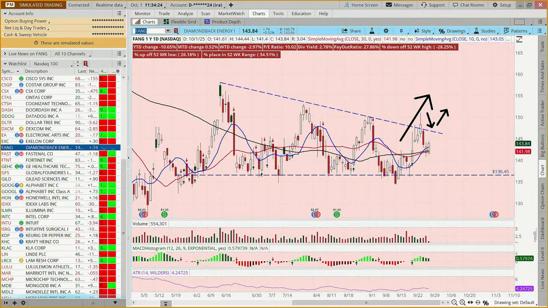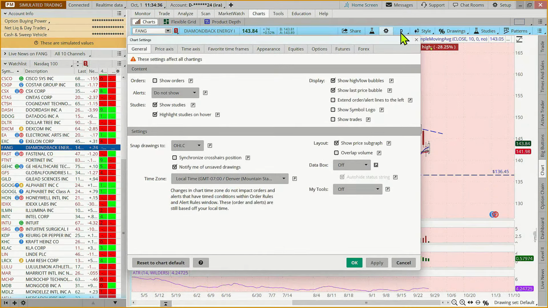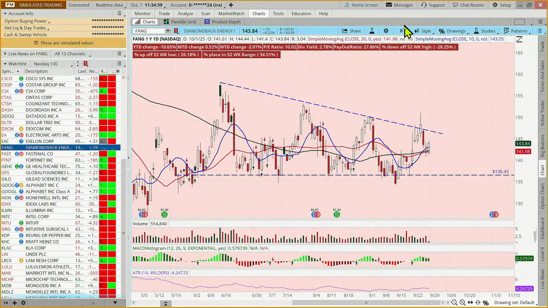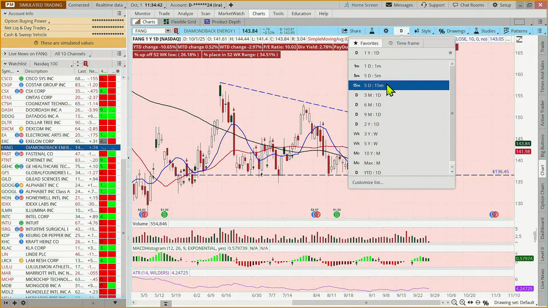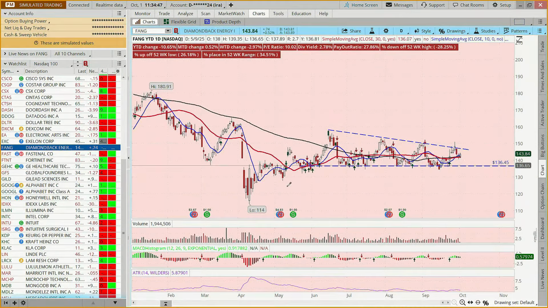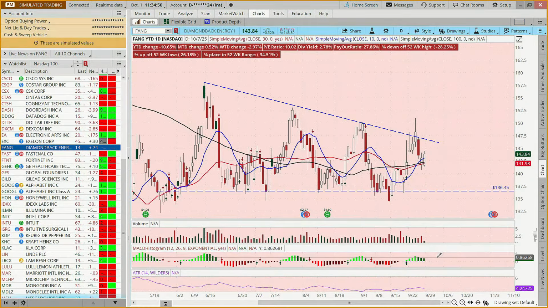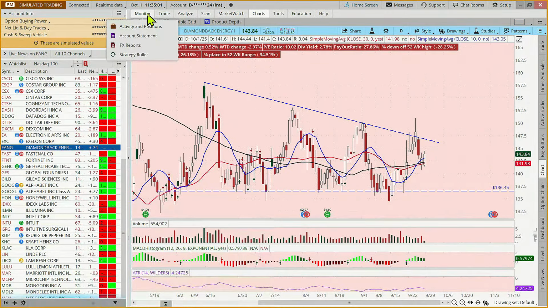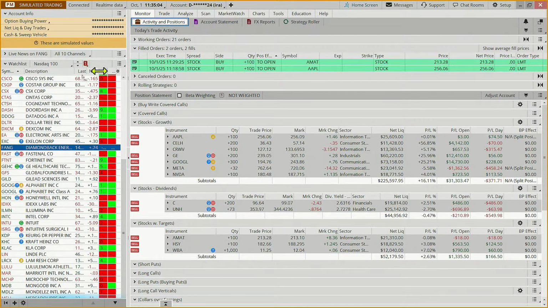And often we'll look at a 1-year chart and then we'll zone in and get a little more up close and personal. So if I come to our time frames, and let's say I come to our year to date, and then I want to zone in, you can just click and drag. Or you can go back up and pick a shorter time frame. But that's what we're looking for there. And do we have it? We do not. And so again, just clicking through, you're looking for opportunities.